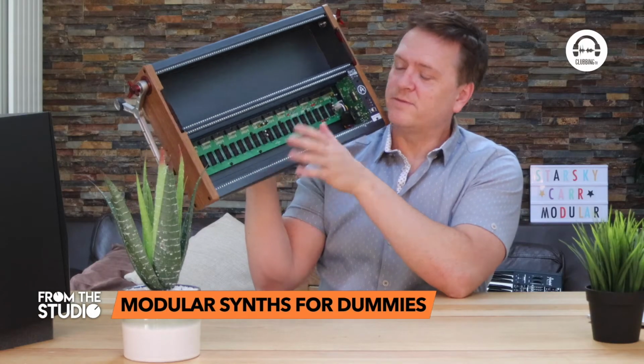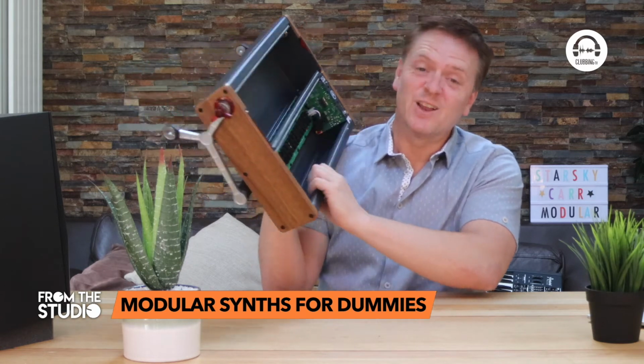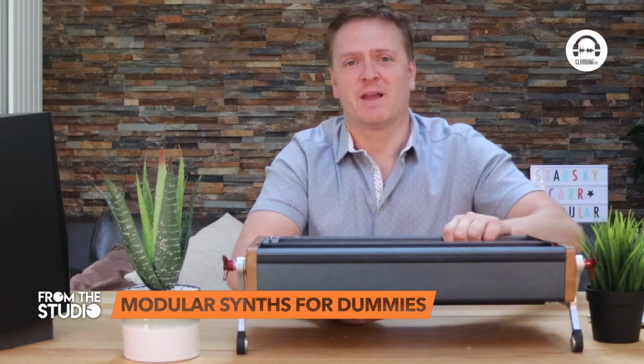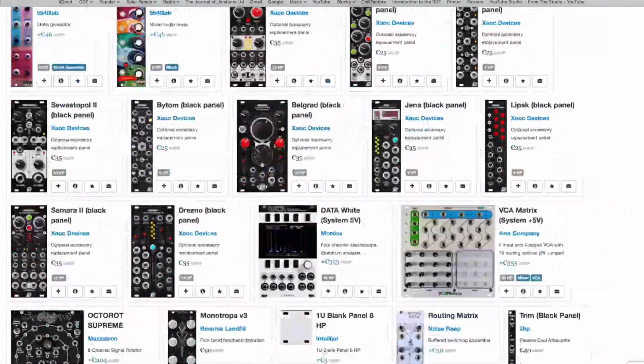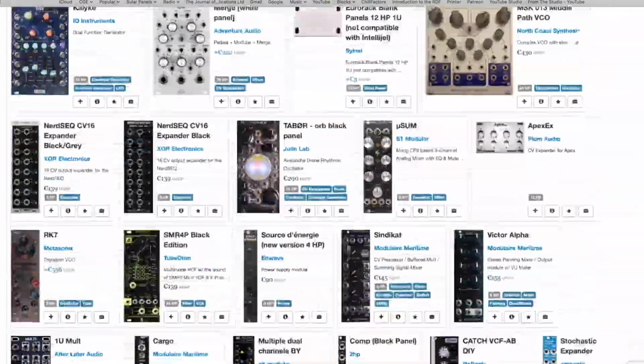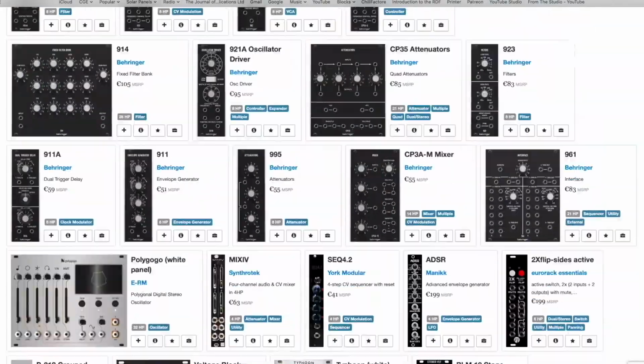And here we have a modular synth, looking pretty empty at the minute, isn't it? And that's because you can build your own modular synth. You build the basics from all the thousands of different modules that are available. There's like hundreds of different oscillators, hundreds of envelopes, hundreds of LFOs. And the beauty, or the real danger of modular, is that you can pick whatever you want to make your own individual synth that works in the way you want it to,